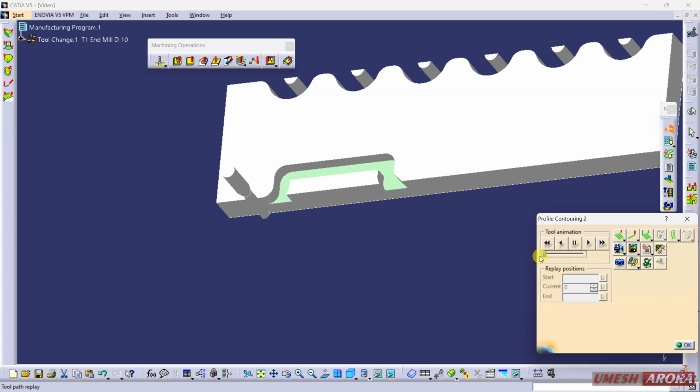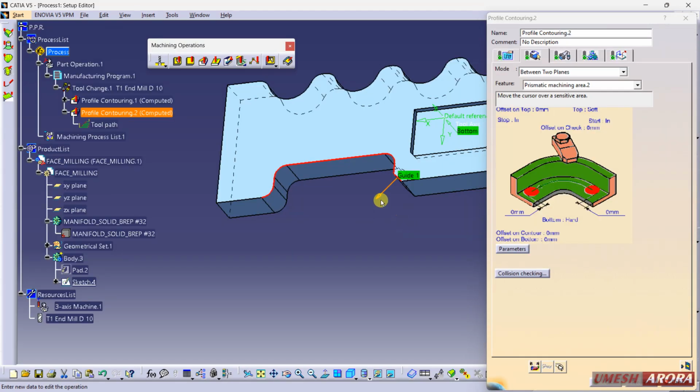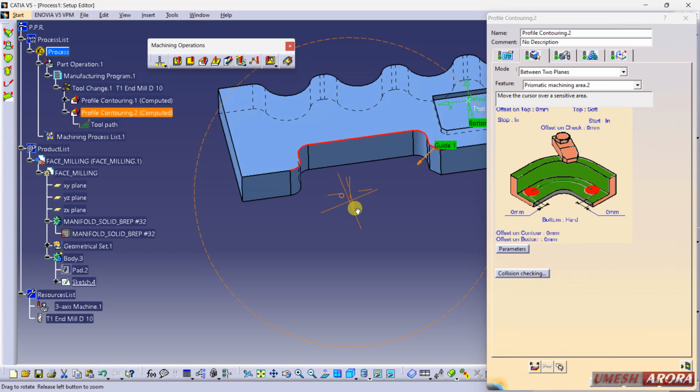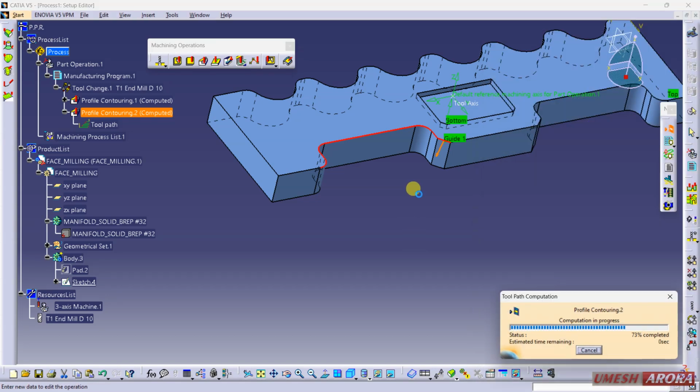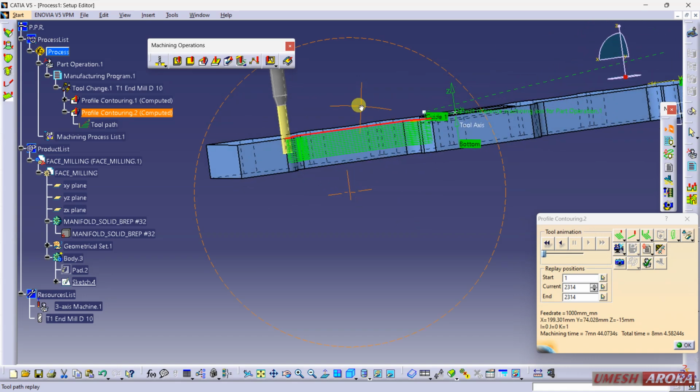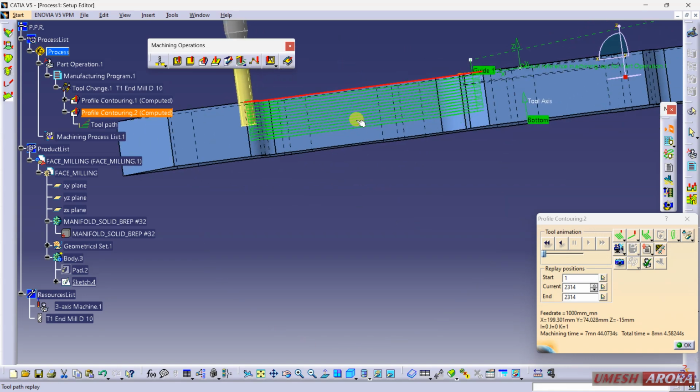Okay, every time on both operations it is cutting up to the bottom, right? If I just want to keep some material on the bottom, so offset on bottom like 10. Now calculate, and you can see now we have some material on this bottom.